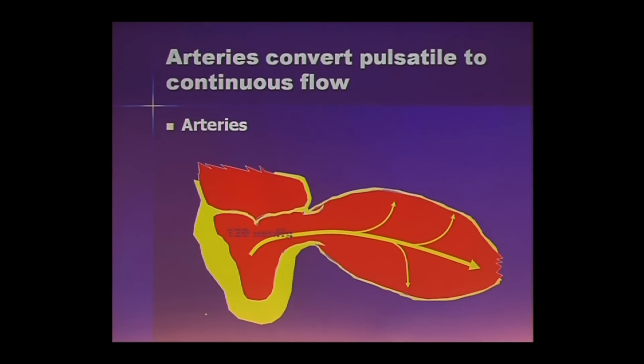So let's contract this heart. You see what happens? Because of the pressure increase to 120 millimeters of mercury, as actually this doesn't happen like I showed you right here, like this. This heart starts contracting and pressure is building up until it actually opens up the aortic valve. As soon as the heart starts contracting, it builds enough pressure to close this mitral valve so that there is no backflow in the atria. If you have any backflow in the atria, you have insufficiency of the AV valve, so that's a problem.